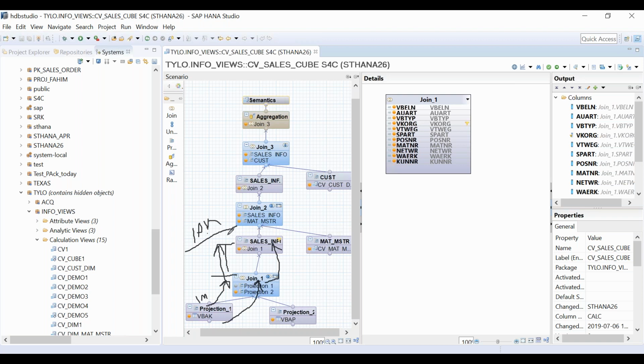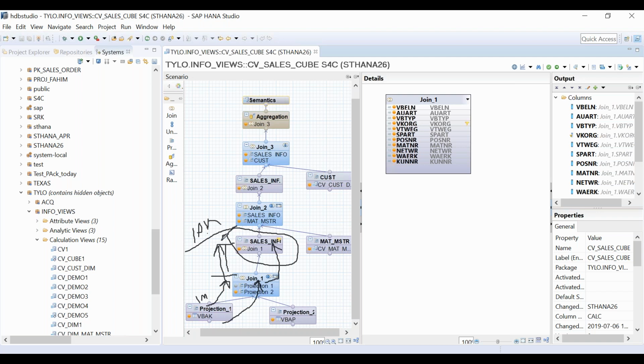Yes, you are right that in the later stages of the join, it will be filtered out to the right sales organization. But this is not the right design. So what is the SAP best practice? Please note this. It is the best practice given by SAP to always restrict the data at the bottommost layer, so that the minimum amount of data is traveling from one node to another.